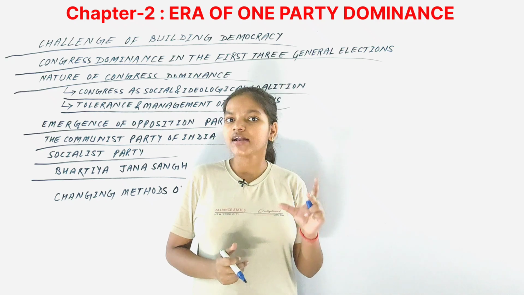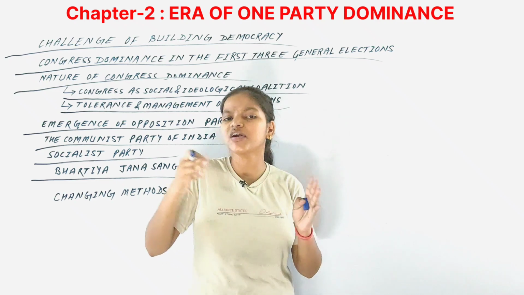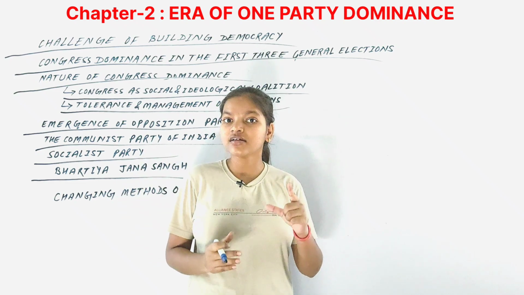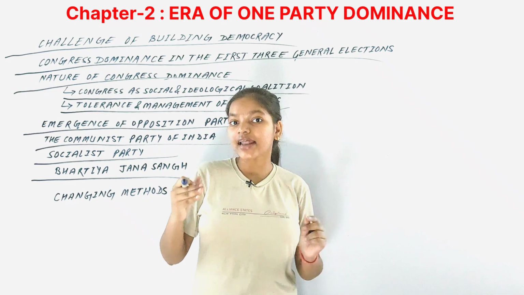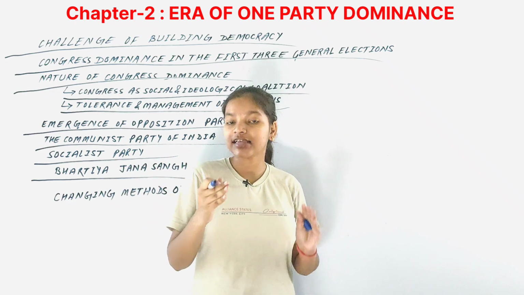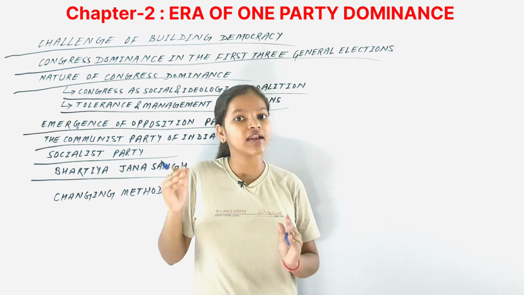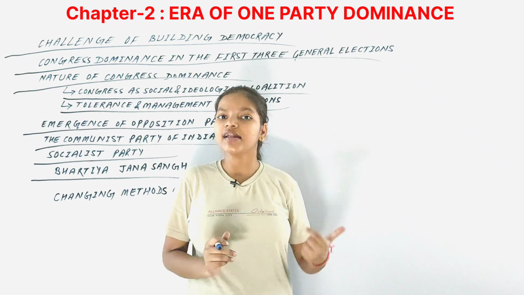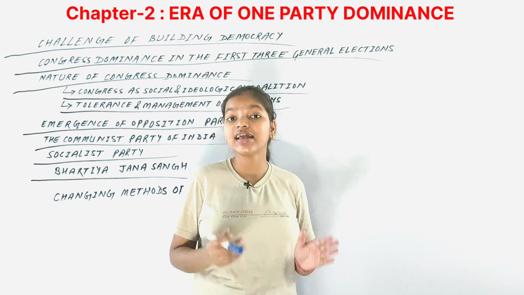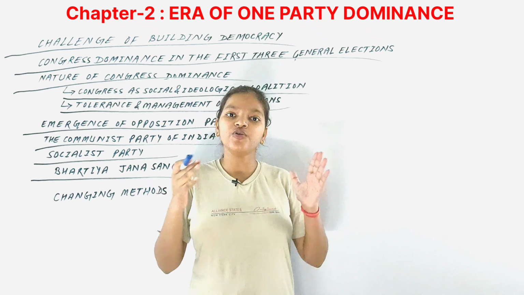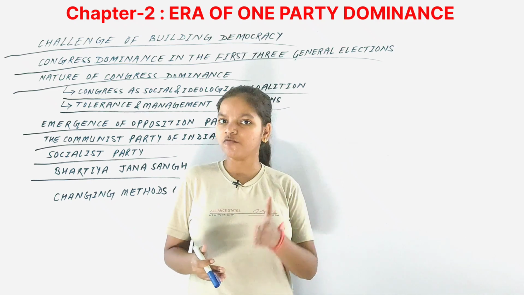This party has an ideology of Hindutva. You have already studied the different political parties and their ideologies. So Bharatiya Jana Sangh had an ideology of Hindutva, which means that India can be progressive and there can be modernization in India by taking the traditions and the culture of India itself. Secondly, it had an ideology of one culture, one country and one nation, and that's why it even attempted to reunite India and Pakistan as an Akhand Bharat, although it failed.